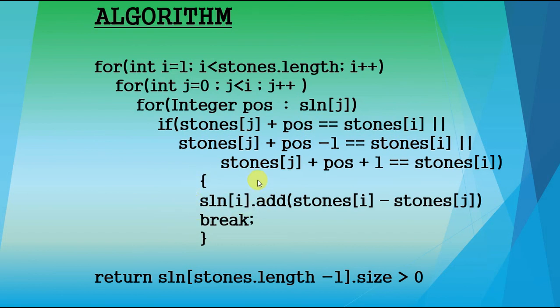Let me also tell you that each cell of our solution array must be a list in itself, and this is because we may have to store multiple recorded last jumps. That is why each cell of the array must act as a list. So in the end, there is a Boolean operation happening when we are checking whether the size of the last cell of the solution array is greater than 0. If it is, then true will be returned. If it is not, then false will be returned. So true is going to indicate that the frog can cross the river, which is also our case.